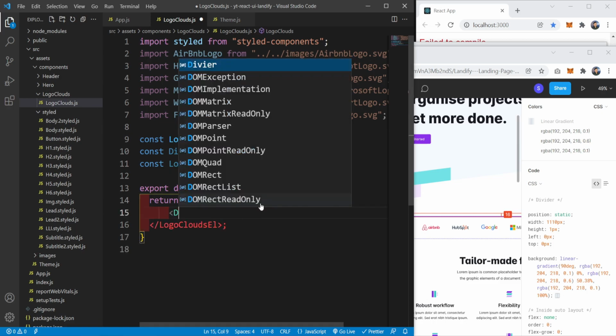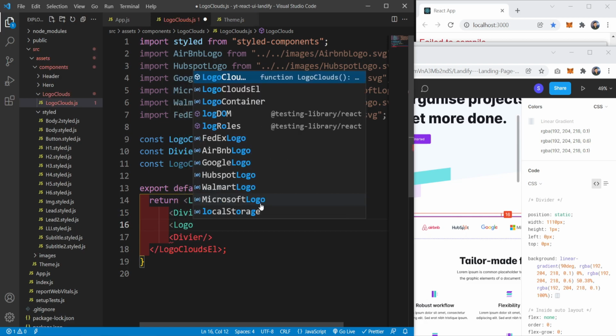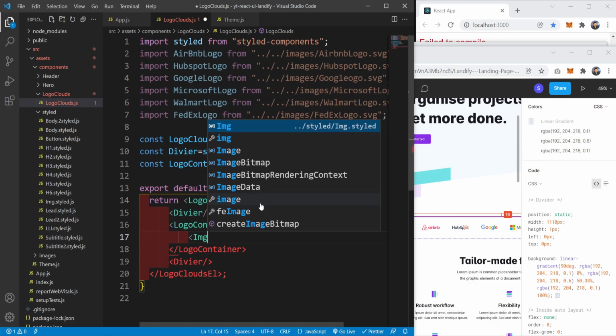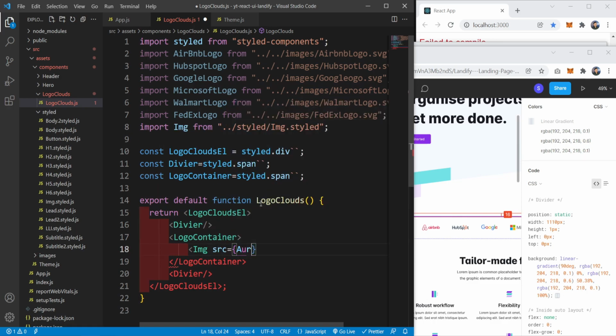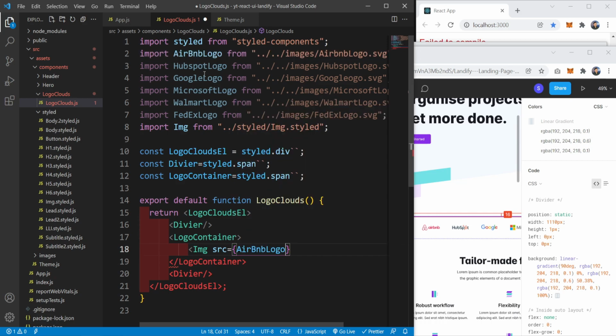So a divider at top, another divider for the bottom, then the logo container. Inside the logo container, we're going to use an image. The src is equal to Airbnb logo. Let me actually